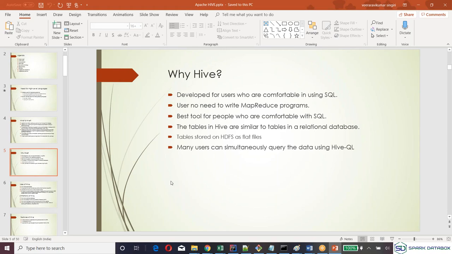RDBMS systems we use for a different purpose, and Hadoop and big data components for a different purpose. In Hadoop we have data locality, which is not there in SQL. RDBMS systems cannot easily scale out, whereas Hadoop can be scaled out easily. So there are multiple differences. Okay, I'll go with that.